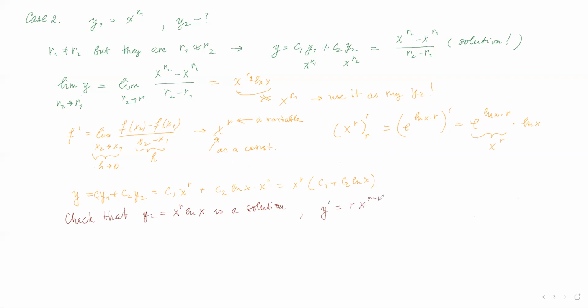x to the power of r minus 1. Because it's a product of two functions, I'm going to differentiate the first one, and then I'm going to differentiate the second one. And I'm going to get x to the power of r minus 1, r ln of x plus 1. You see, I kind of got this x. The first derivative was losing 1 power.